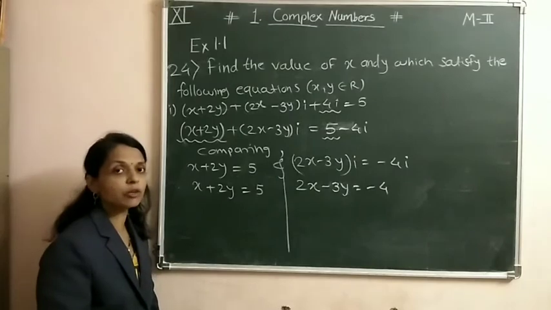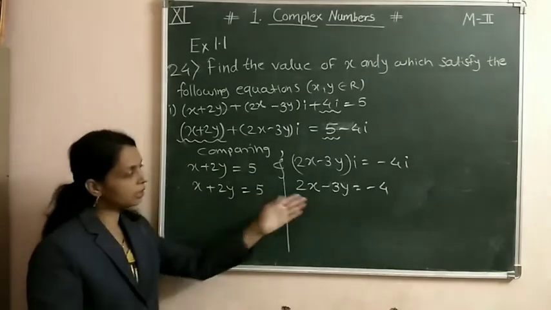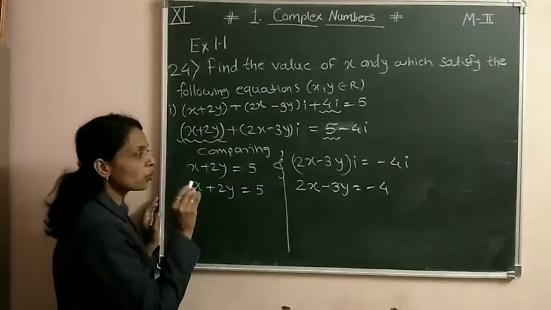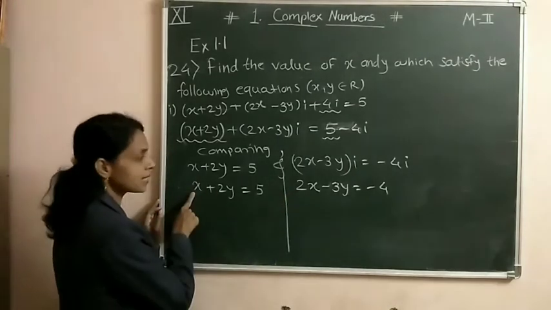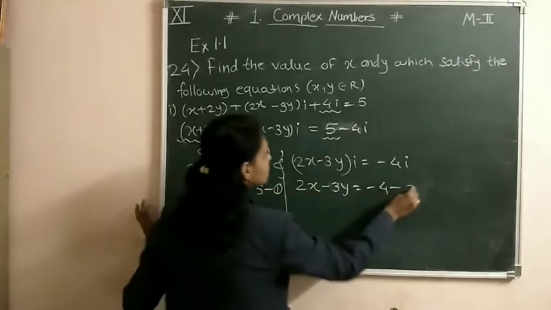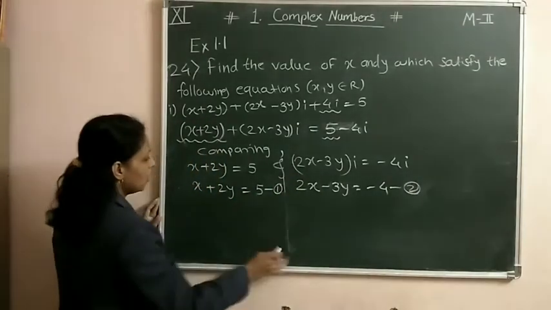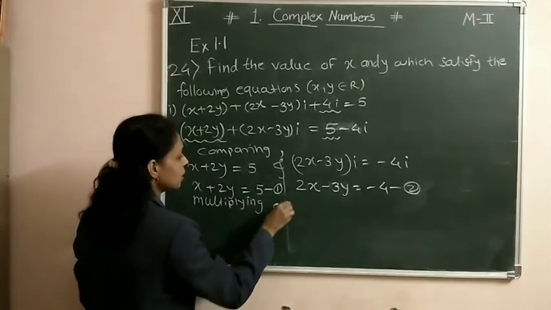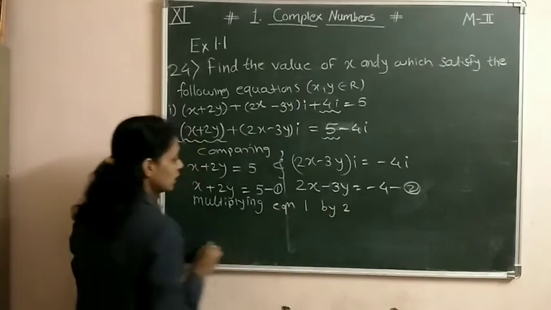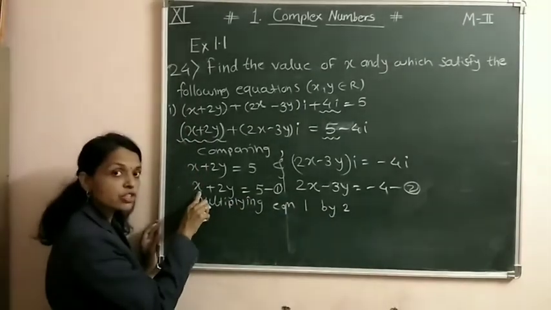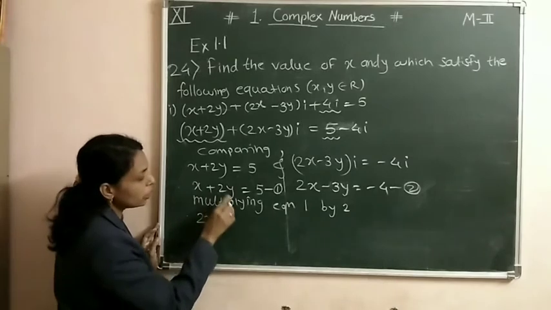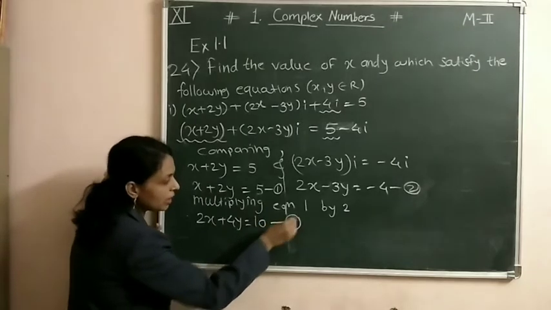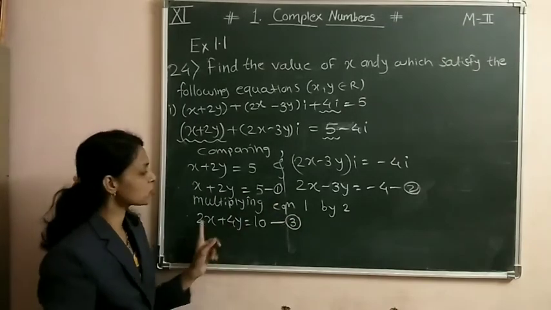The linear equations we used to solve in 10th standard: x plus y something, x minus y something. But see, if we have to find out the value of x or y, their coefficients should be the same. Here there is 2, here there is x. Multiply this equation 1 by 2. Therefore, equation 1 becomes, see, multiply this equation by 2. 2 into x, 2x. 2 into 2y, 4y. 2 into 5, 10. This is equation number 3. Now, easily we can cancel this 2x and 2x.